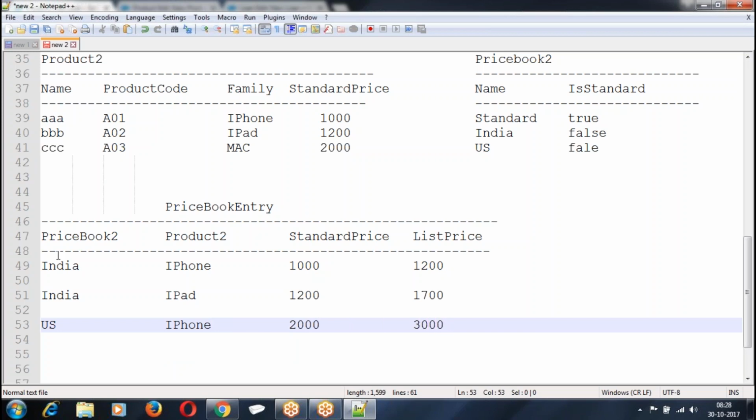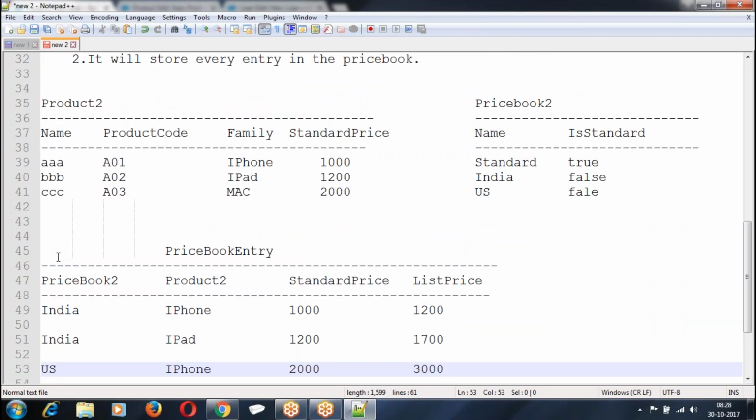This is how it is stored internally. So these are the three objects we have internally: Product 2 object, price book 2 object, and a price book entry.